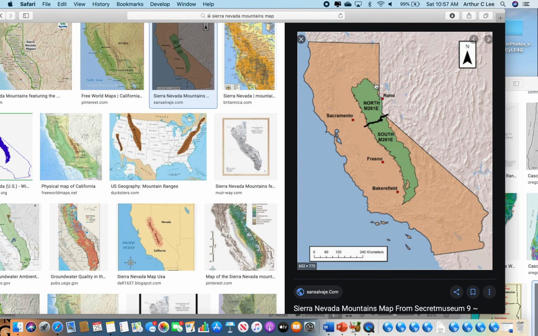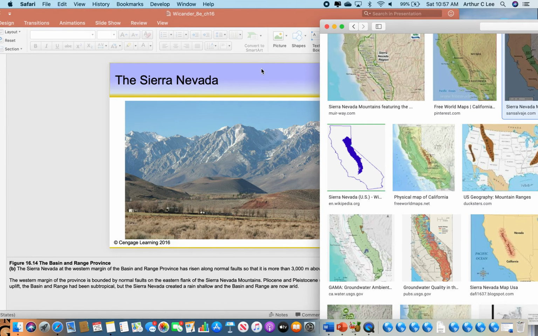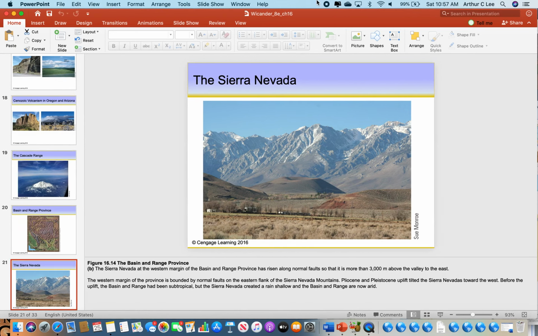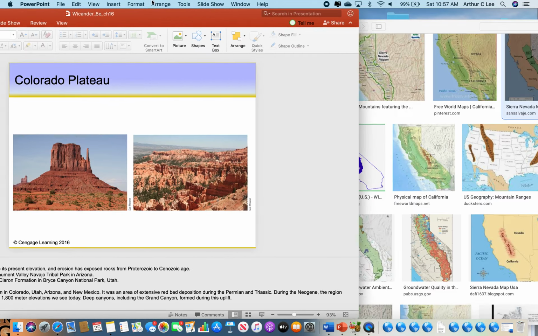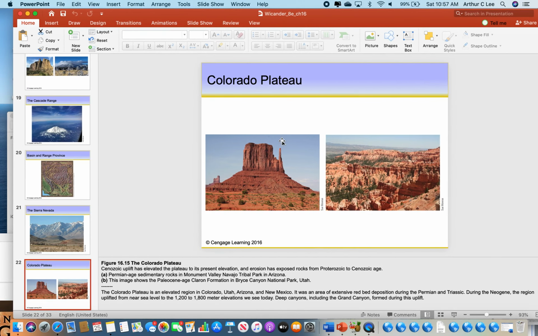This whole area is called the Sierra Nevadas in eastern California, added onto the edges of the North American continent during the Cenozoic era. Beautiful mountains here you can see in eastern California. The Colorado Plateau, also added to the edge of the margins of the North American continent during the Cenozoic era. Colorado Plateau includes some of the most beautiful scenery we can see in North America,